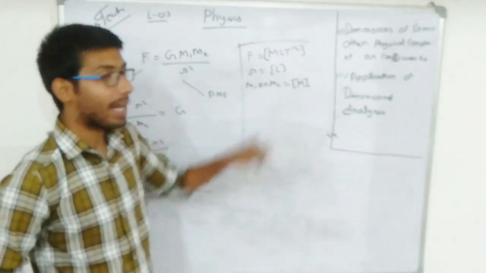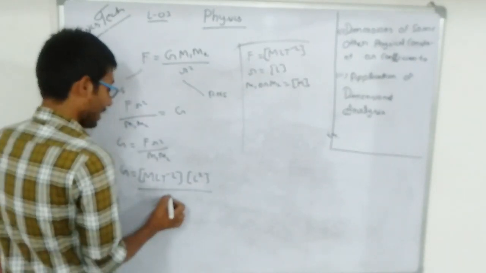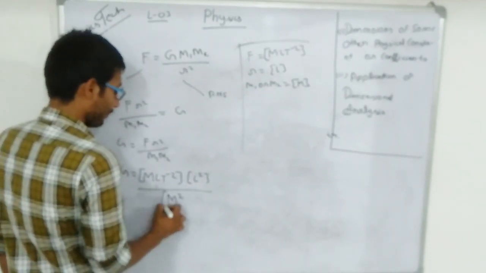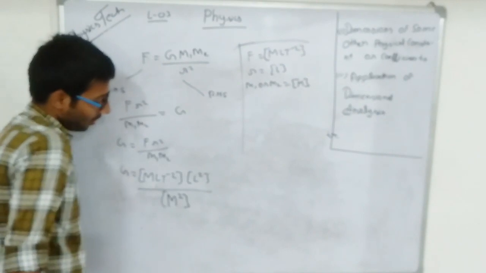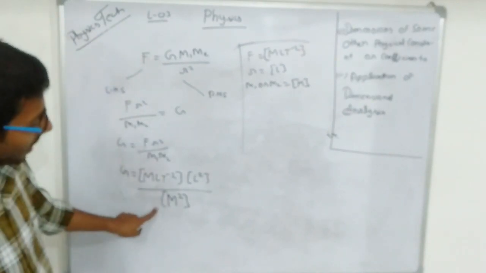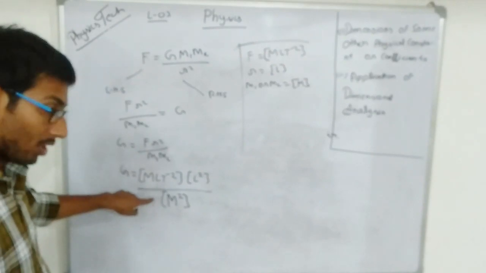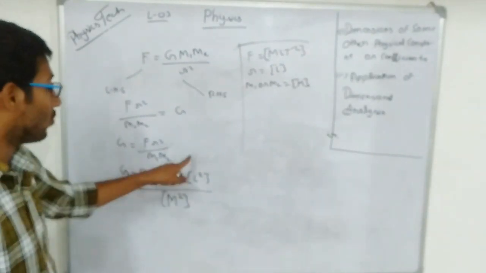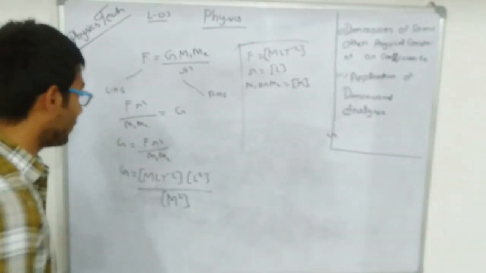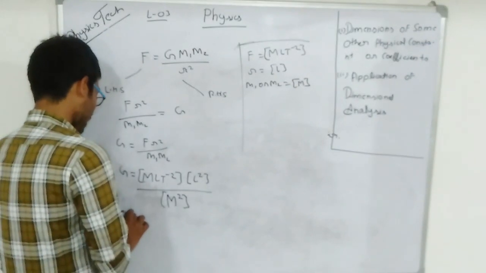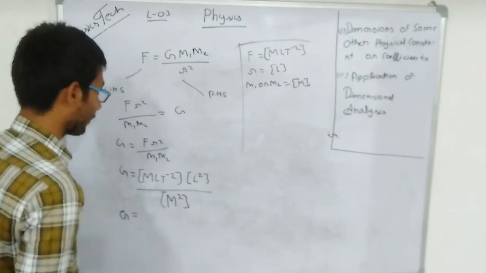M1 and M2 are capital M, so here M base 2. We can see M base 2 in the denominator, so it converts into the numerator by changing its sign. Here G is equal to